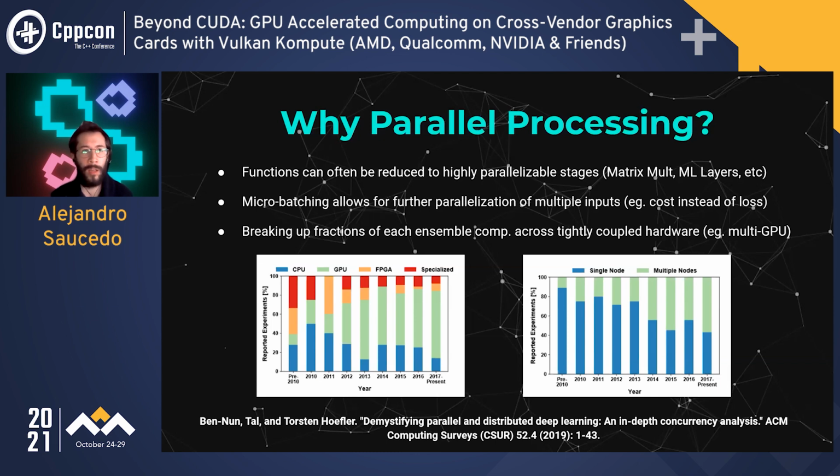This is encompassing that some of the functions that are often used for HPC type of processing can be reduced into what can be highly parallelizable stages. So things like matrix multiplications, etc. There are ways in which data and functions can also be reduced in order to introduce parallelism in the processing, things like data parallelism or model parallelism, as well as even reducing some more advanced calculations into what could be